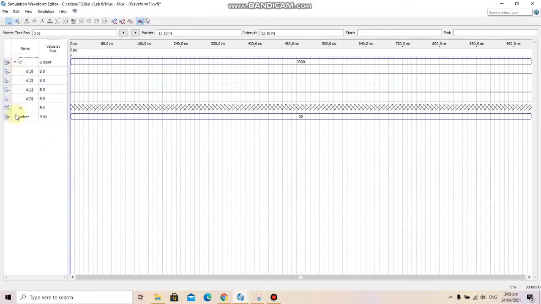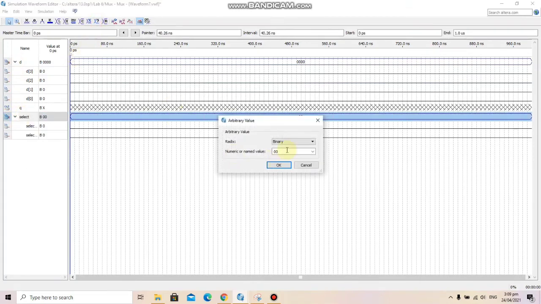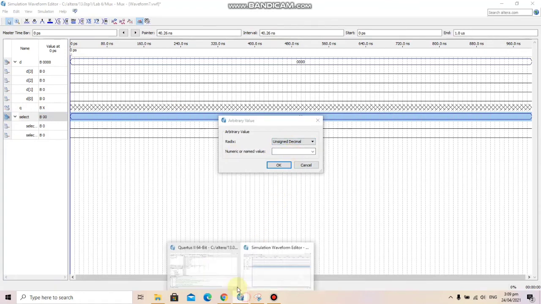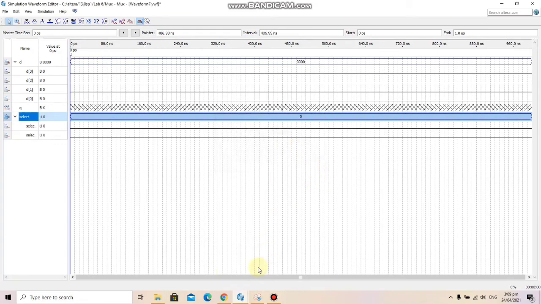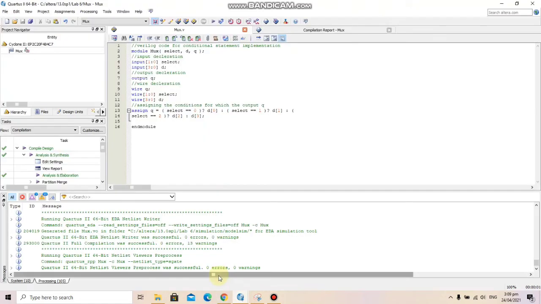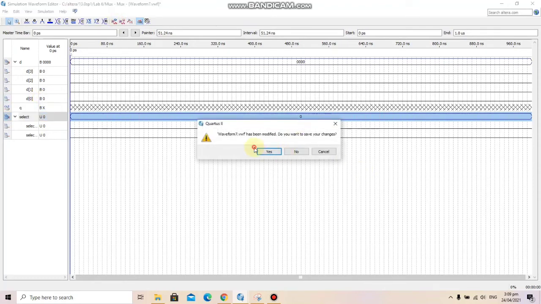Here let me change its value to 0. The output should be D0, so Q should equal D0, which is now 0. Let me run this.